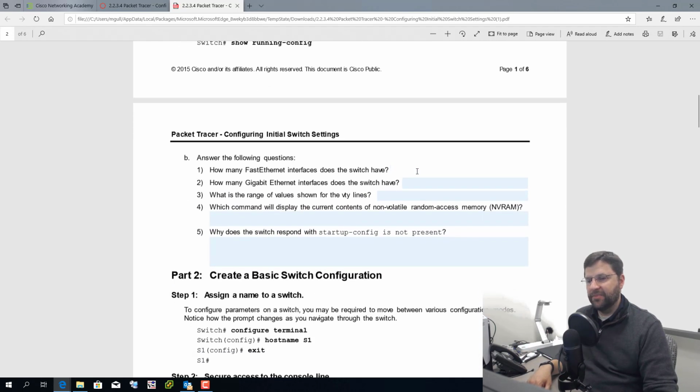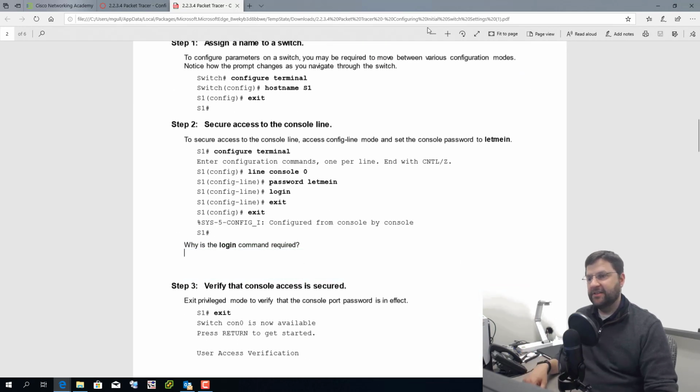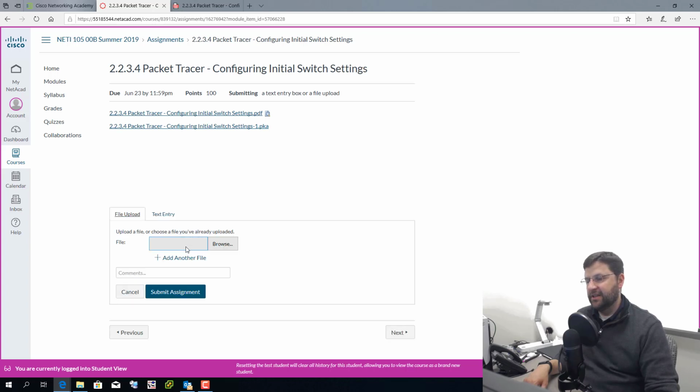I've got places here where I can type in my answers, and then I'm going to save it. Once I've completed it and saved it, I'm going to come back here and submit assignment. I just need to browse, attach that saved PDF where I've filled in the answers, and click submit assignment.